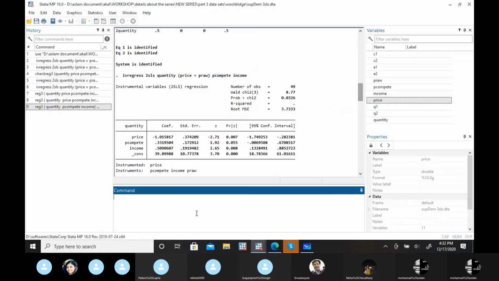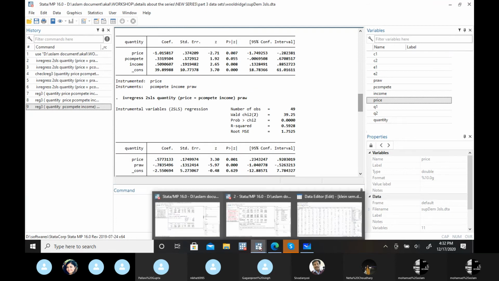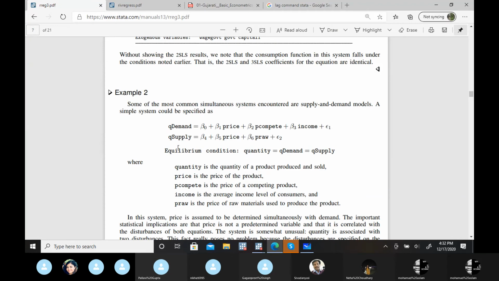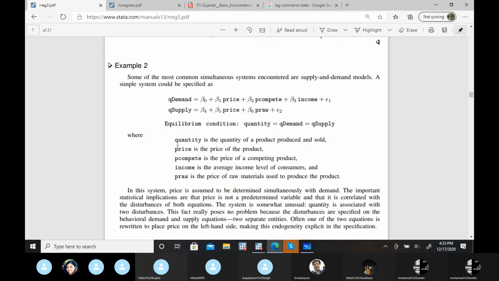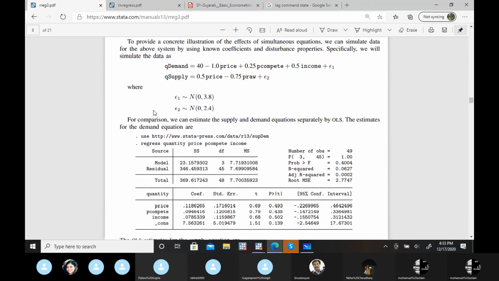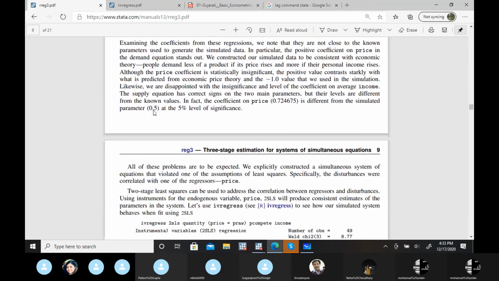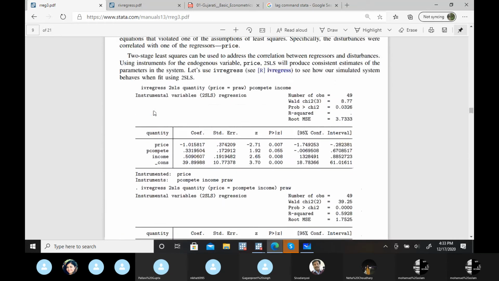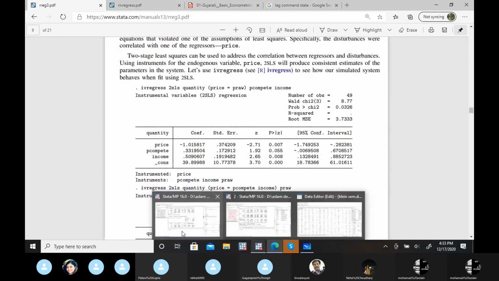This is the applied part, that you have to specify which of your variables is endogenous, because Stata will only consider that endogenous if that particular variable is repeated in any of the equations as a dependent variable. Then Stata will understand, okay, this is an endogenous variable. Unless that happens, Stata won't understand which of your variables are endogenous variables. So only quantity demand is understood by Stata as the endogenous variable, but our price is also an endogenous variable. So these are the results with the 2SLS method.